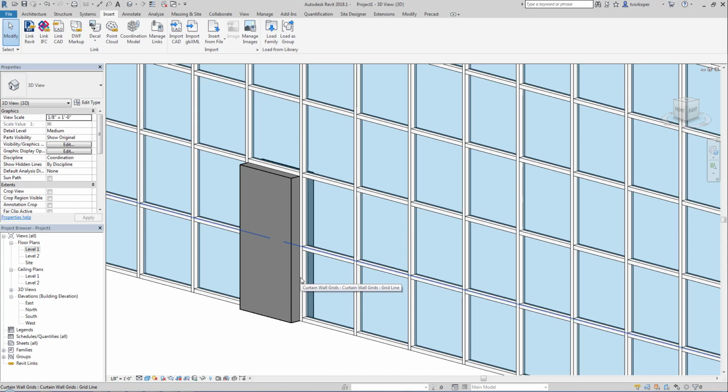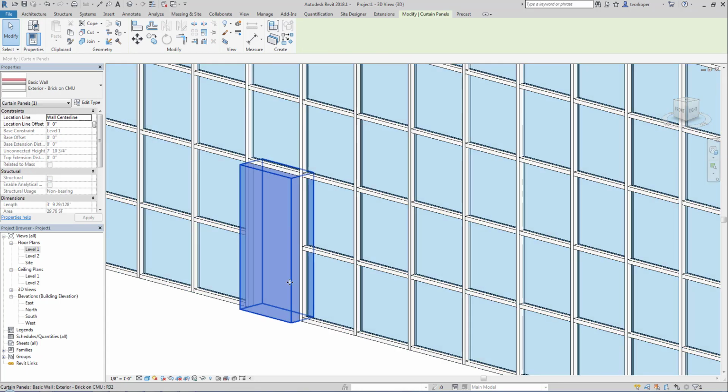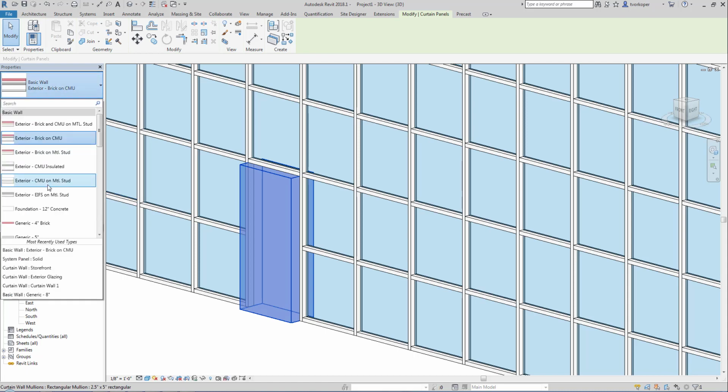So again, I'll hover near the border, I'm going to hit Tab, and as I continue to hit Tab, you can see down on the left corner that it keeps changing until I get to the wall type. Make sure you're on the border. There we go. And then I can change this back to